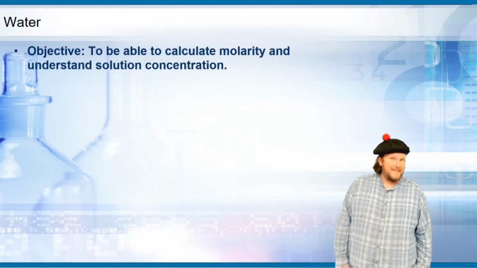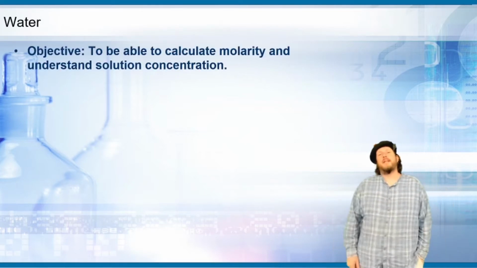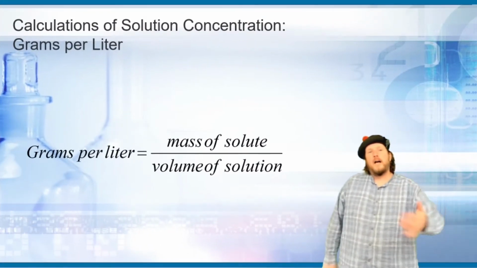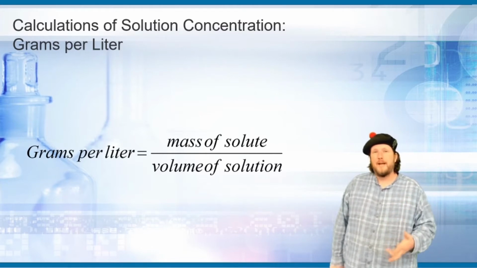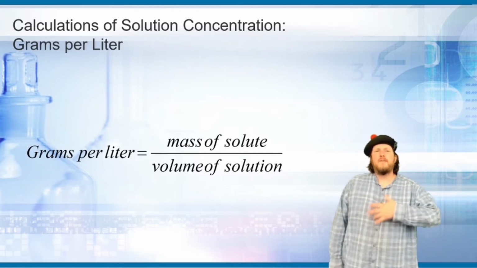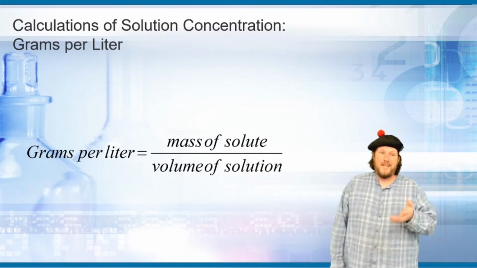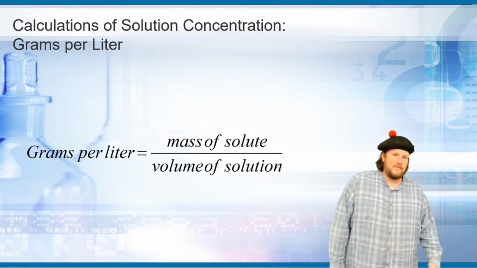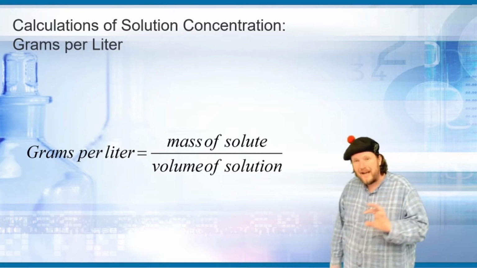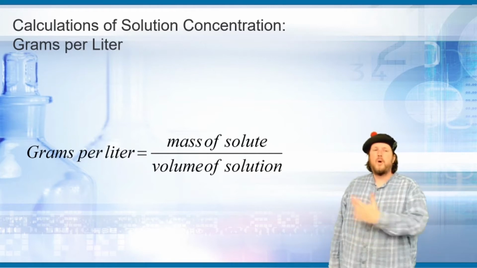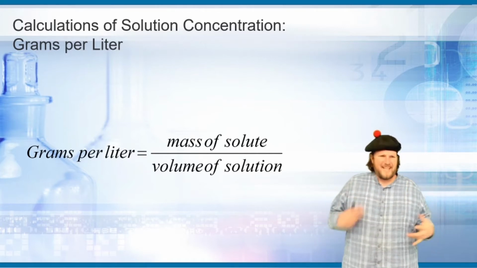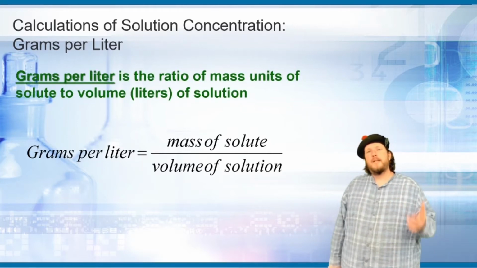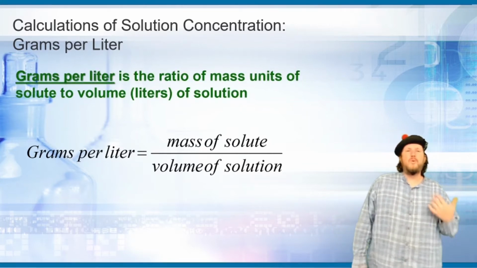Maybe? All right, so our objective today is to be able to calculate molarity and understand solution concentration. So, calculations of solution concentration, grams per liter. One of the first ones is how much stuff you put in how much stuff. So grams per liter is the mass of the solute in grams divided by the volume of the solution. This isn't just how much liquid you start with, but how much total solution you end up with. There's ways in the lab to very specifically do this. It's called volumetric glassware. Grams per liter is the ratio of mass units of solute to the volume or liters